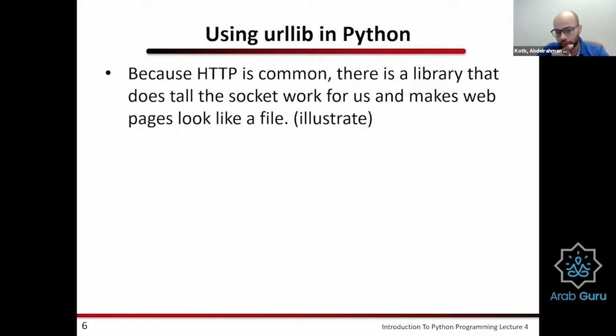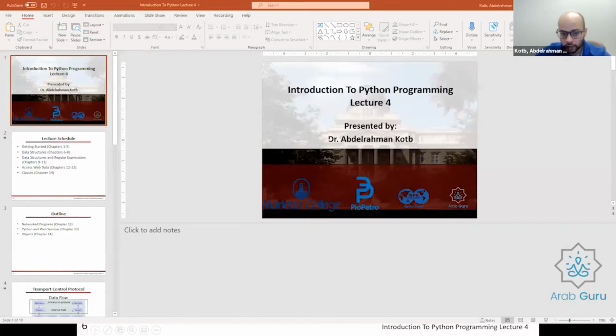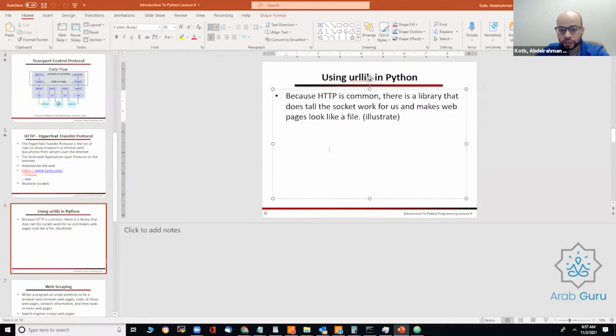Because of the issues that we just faced, there is another library that was created, which is urllib. Because HTTP is common, there is a library that does all the socket work for us and makes web pages look like a file.